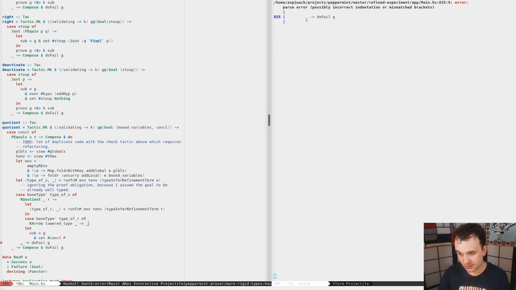Then it's going to be this. We'll fix that in a second, and in that case, it's going to be error quotient tactic on an ill-typed term,